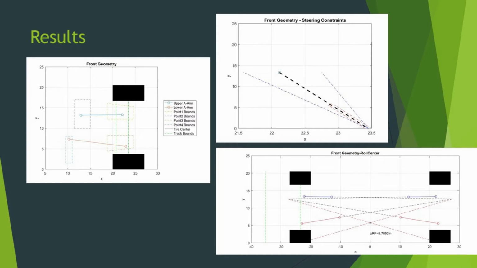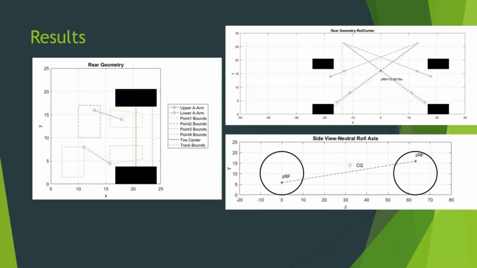This slide here shows some of the results from that MATLAB code. The first picture on the left shows those lower and upper bound constraints, as well as the points 1 through 4 for the front geometry. The upper right picture shows the steering constraints, so kingpin inclination as well as scrub radius. Then the lower right picture shows the roll center height, which is what helps determine the lateral load transfer of